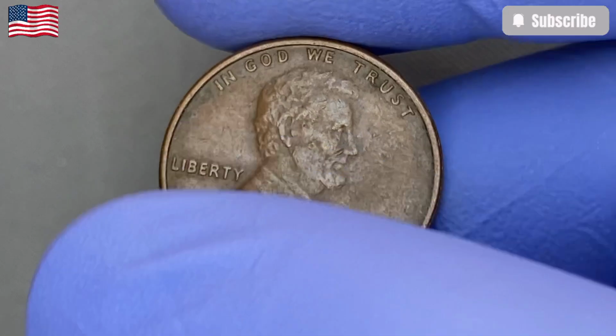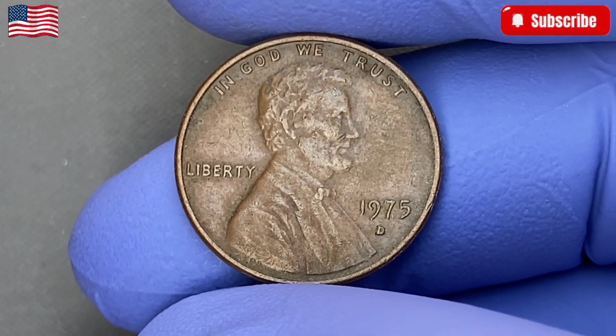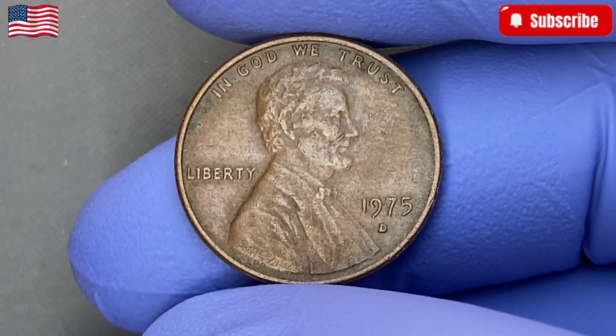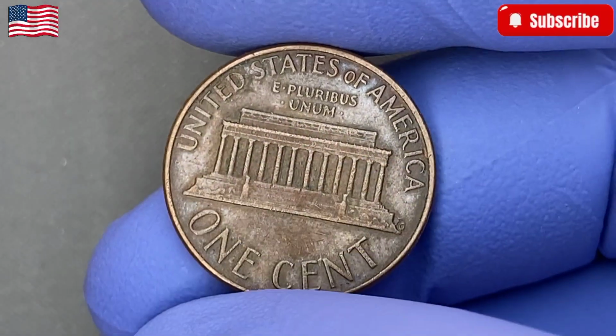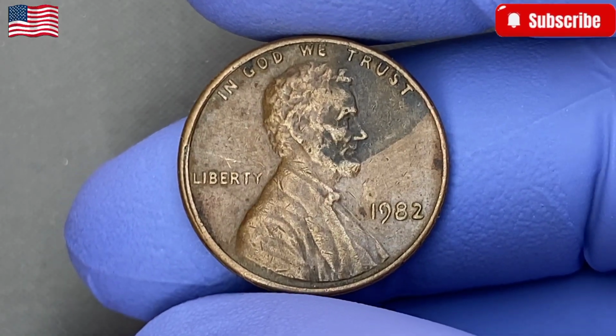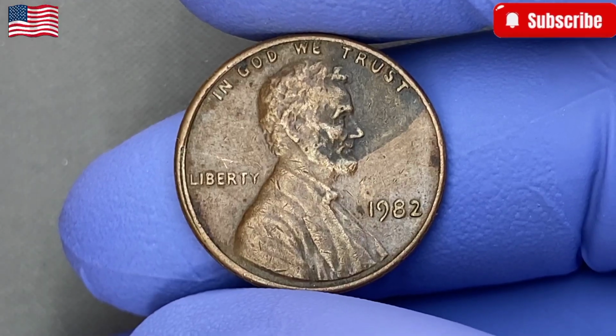Especially when paired with dramatic mint errors or flawless preservation, the United States of America 1-cent coin from 1975D has reached an outstanding value of $130,000. Third expensive coin. We explore the United States of America 1-cent coin from 1982, a year that changed the